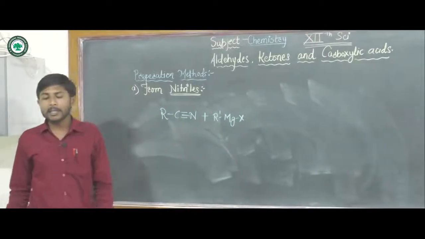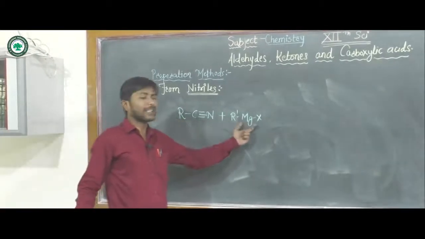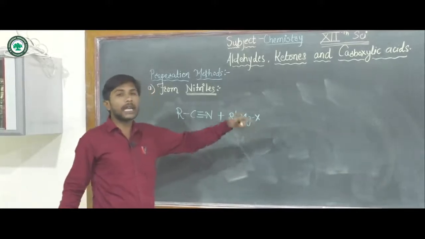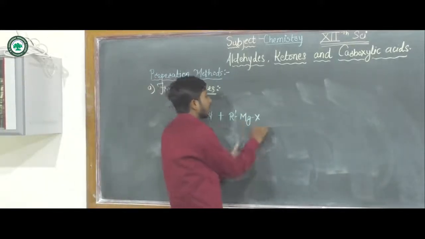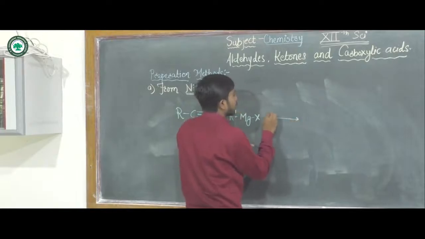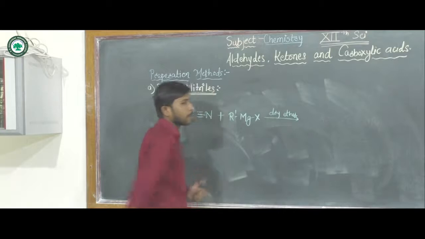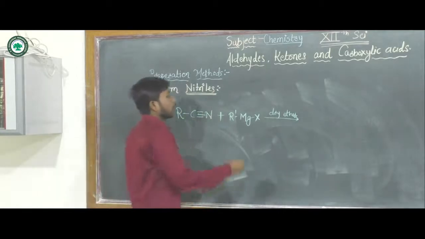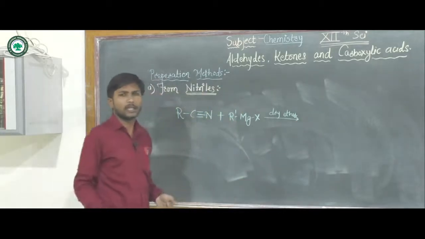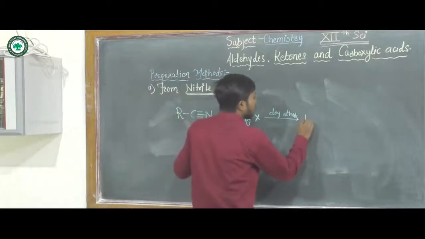Here the intermediate product, as we know, is a magnesium complex, and for the reaction of the Grignard's reagent we generally use dry ether as a solvent. The intermediate product will be the imine formation. Here also the imine formation, but how? At R